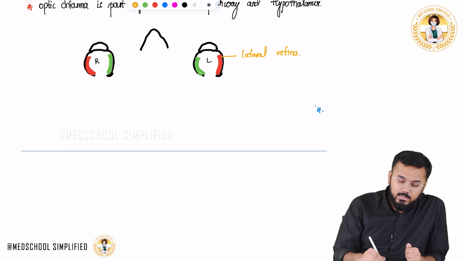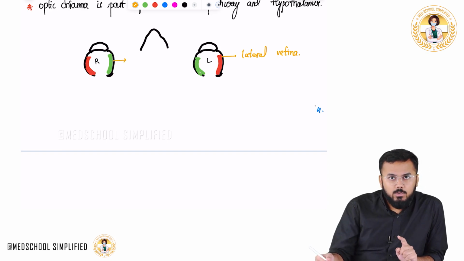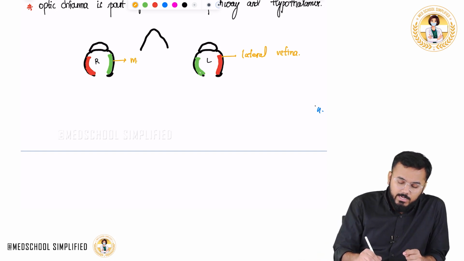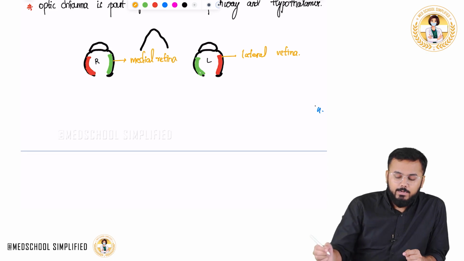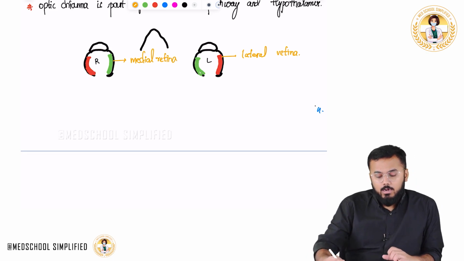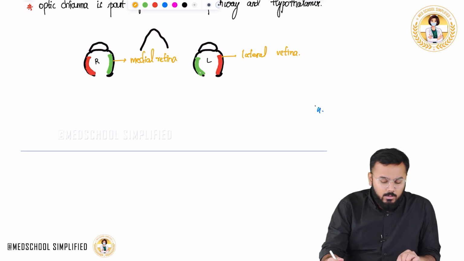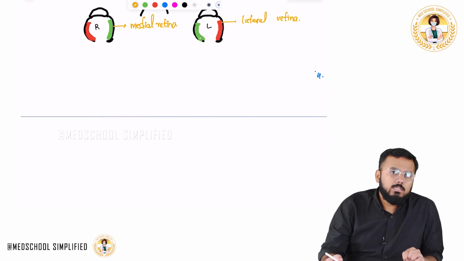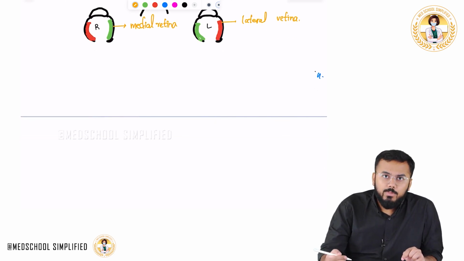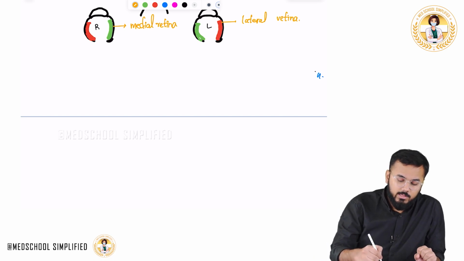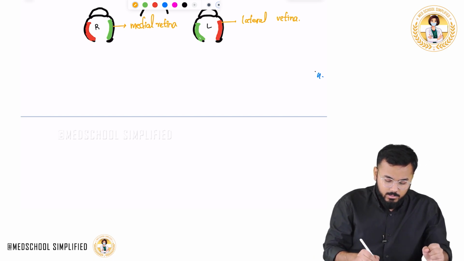Next, this green color retina which is towards the nose is called the nasal retina, or you can also call it the medial retina, because they are facing the midline. Now what will happen from the retina? What things come out from the retina? The optic nerve comes out. Okay, the fibers come out. For example, let me